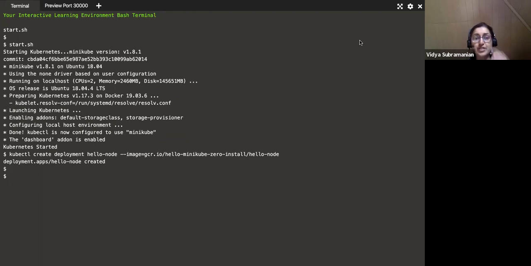And if you did not already notice, when you launch the terminal, this Minikube has already started for you. In most cases, it does. It has happened to me once or twice that it did not start Minikube when I launched. So you want to just do minikube start if for some reason it doesn't get started for you.